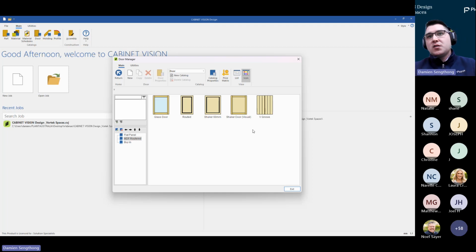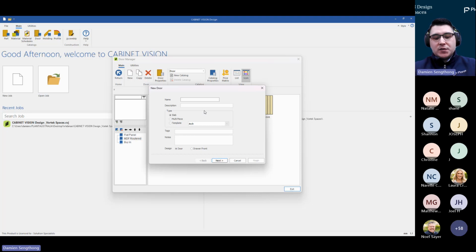Most commonly, you might want to set up a vertical slat door, a V-groove door, or if it's from Polytec, it might be called Calcutta, I believe. Just as a demonstration, I have a V-groove door set up. In regards to a V-groove particularly, the door would initially start off as a slab. So if I select on creating a new door,